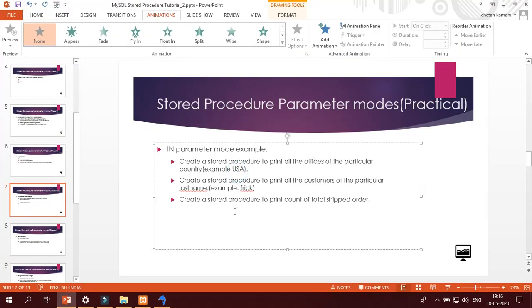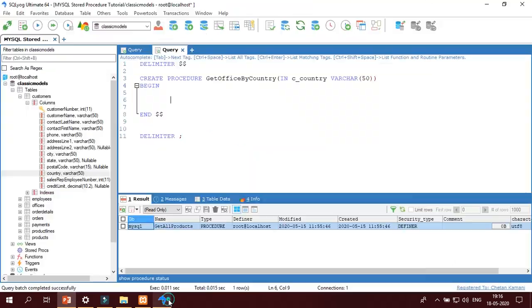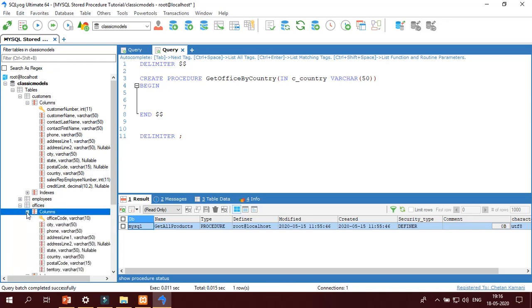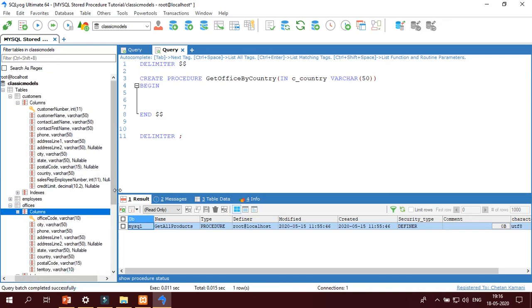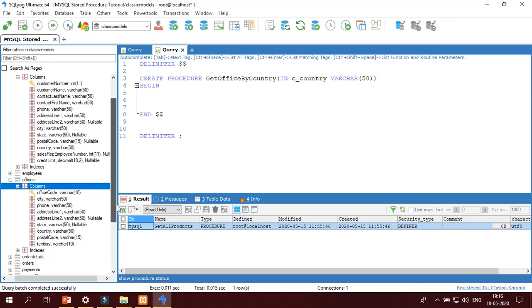Create a stored procedure to print all the offices, meaning all the details of offices. Sorry, it is not for customer, it is used for office. All the offices from, suppose, USA.